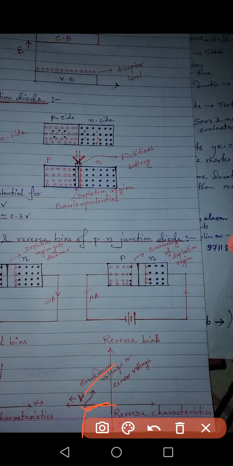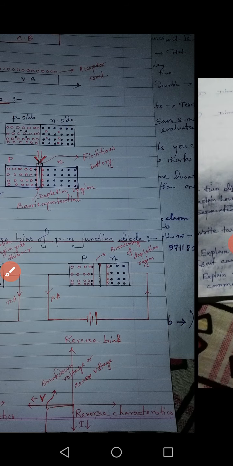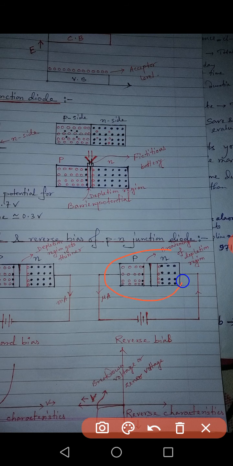This point is called the breakdown voltage or the Zener voltage. So Zener voltage or breakdown voltage means at this voltage the diode will no more remain in working condition. The reason is that when a very high voltage is applied across this in reverse bias mode, the diode cannot work at that particular voltage. The reason is that there will be some kind of breakdown. We call it avalanche breakdown.